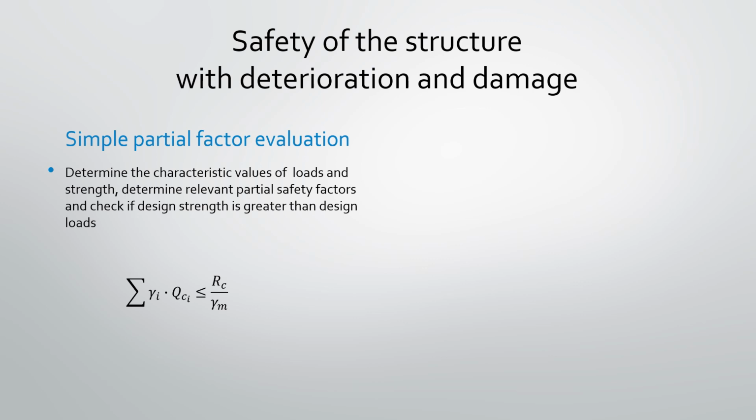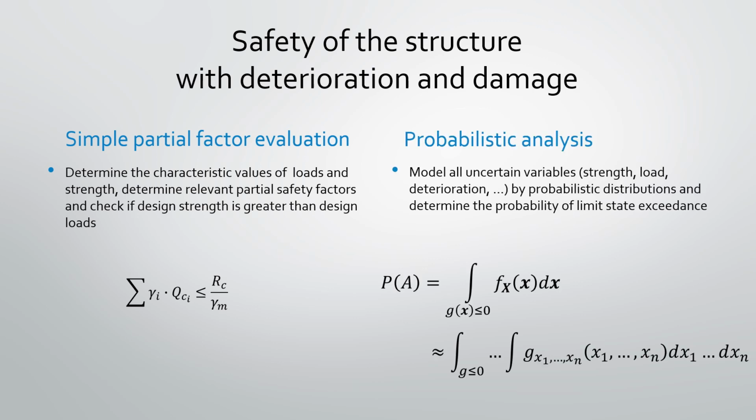An alternative that can be useful in assessment for life extension is a detailed probabilistic analysis, also called structural reliability analysis. In such analysis, all uncertain variables like strength, loads, deterioration, etc. are described by probabilistic distributions, and the probability of limit state exceedance is calculated. Then the probability can, in theory, and if all uncertain variables are correctly modeled, be compared with target probability values